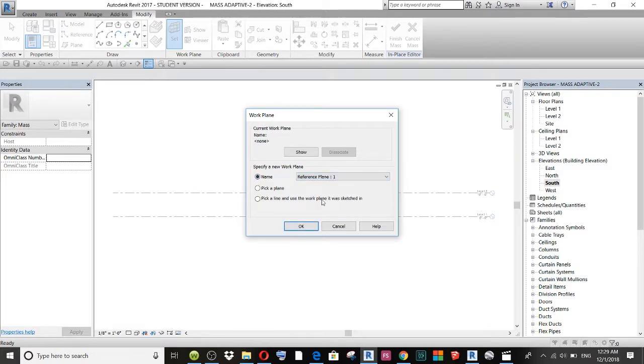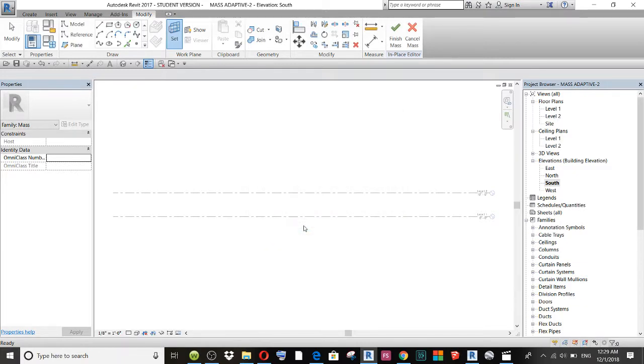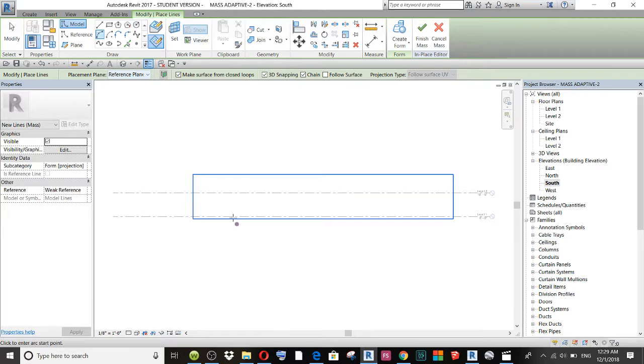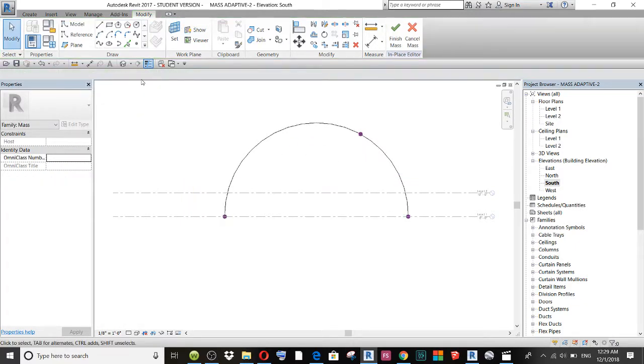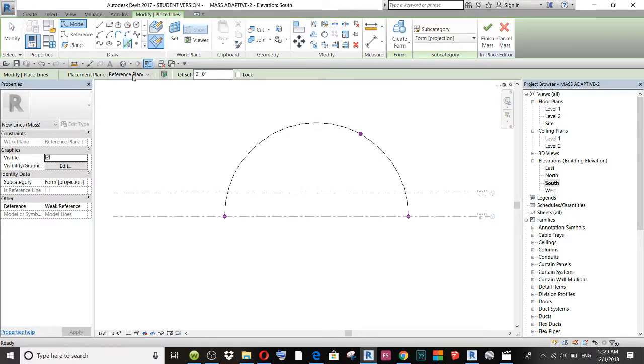I go to reference plane number 1. I create the start and end radius arch. First one. The second one, I just pick line, but it has to be on reference plane number 2